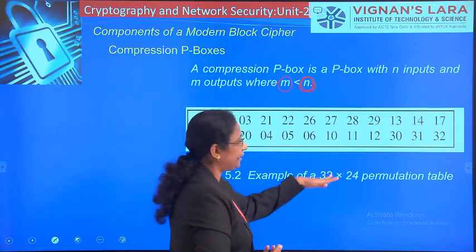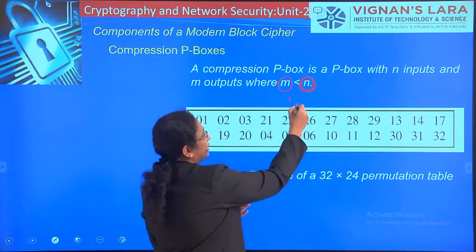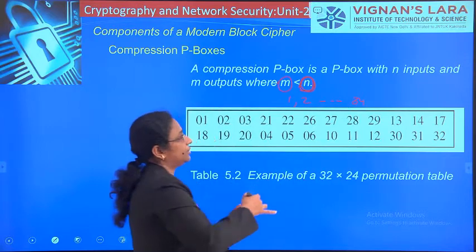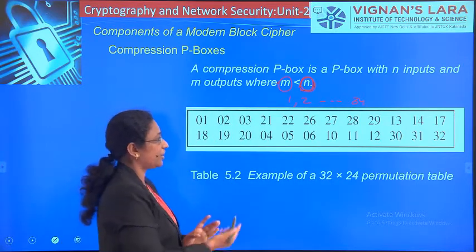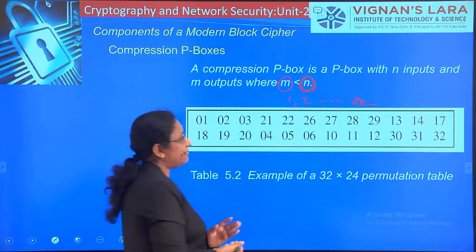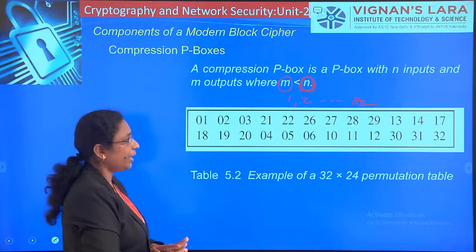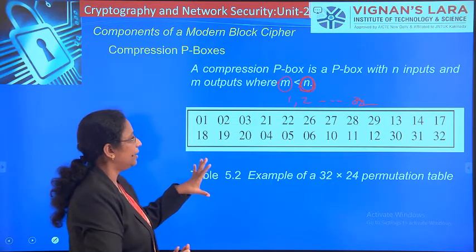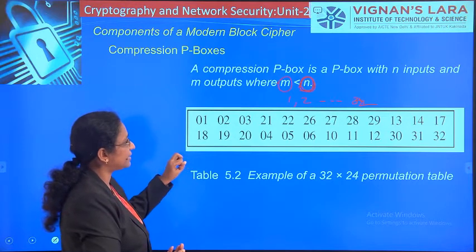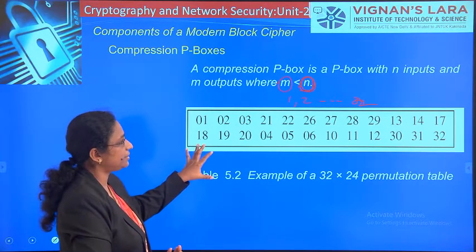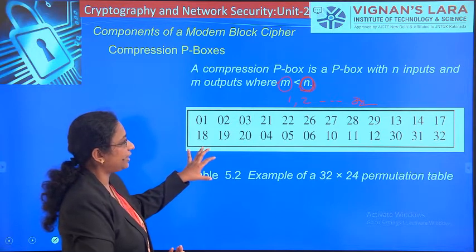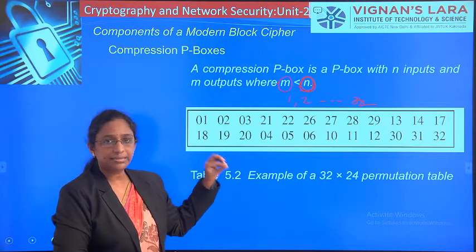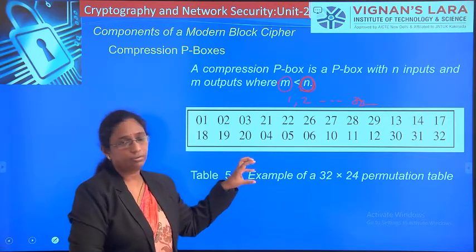So here there are some 32 bits, numbered 1, 2, up to 32. Having the 32 bits, there will be some bits that can be discarded. So if you see here, the 7th bit is discarded, and similarly the 8th bit is discarded. In that way we will be discarding some number of bits and taking only a few bits.